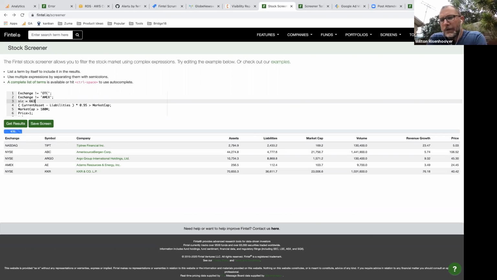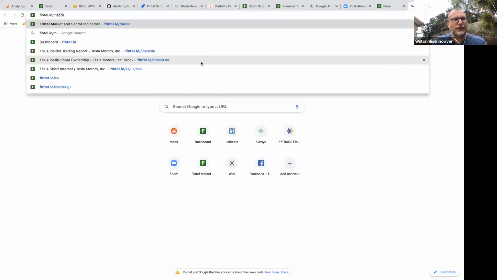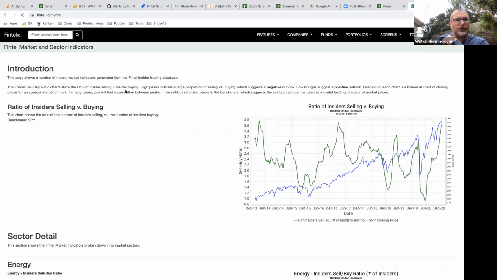In fact, the SEC reporting organizations are organized by SIC, and so every filing that we get from these companies has their SIC, so this is trivial for us to sort by, and this is how we're going to do the screeners. We'll also be able to say we've taken the SIC codes and rolled them up into the major sectors. Let me come over here real quick and go to the macro page, and you can see that we have